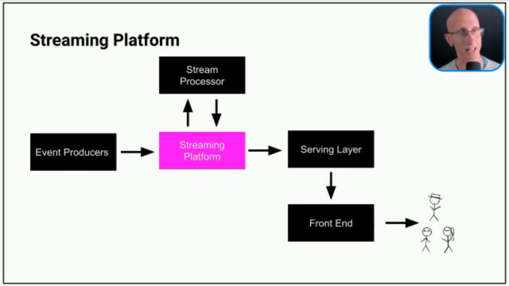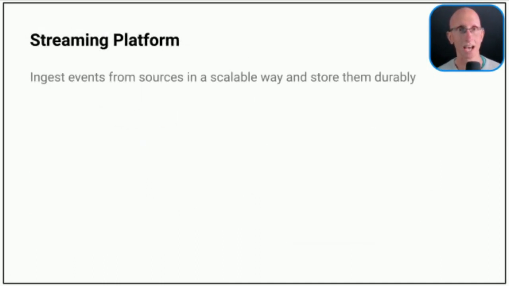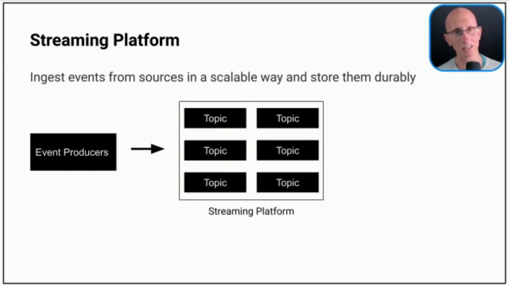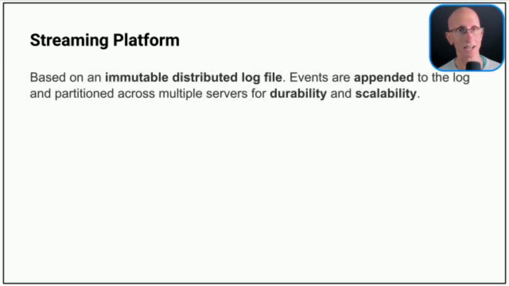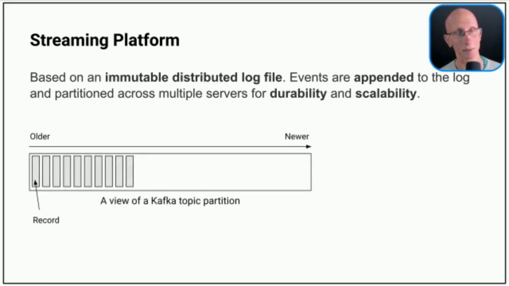Once we've got those events, we're then into the streaming platform itself. The streaming platform ingests events from those sources in a scalable way and stores them durably. It'll often be storing them in a topic, so different types of events go in different topics. Typically it'll be based on some sort of distributed log file. Events are appended to the end, and then we can partition the log across multiple servers so that we have durability and scalability. And here's an example of what a log might look like for a single partition